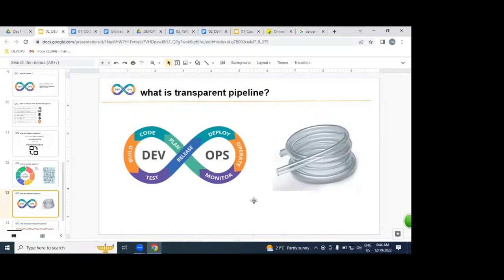Understood? Any issue in the middle, any problem in the middle occurs, any blockage, you can see at one look itself in this transparent water pipeline where exactly the problem is, and can resolve it as soon as possible. The same way with the DEVOPS process also, because DEVOPS is an automated process. DEVOPS is a transparent process. In the middle, if you get any issue, any problem,